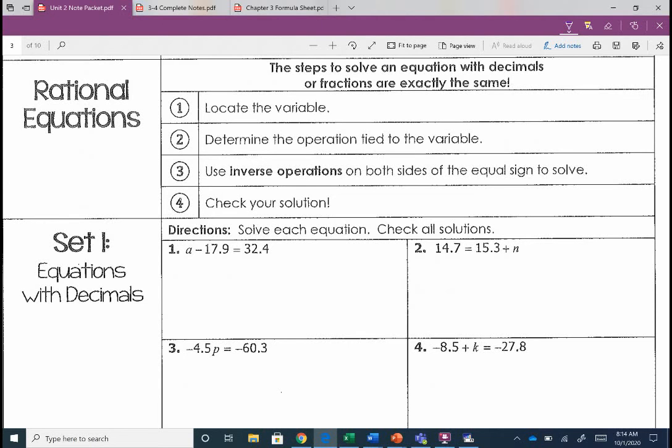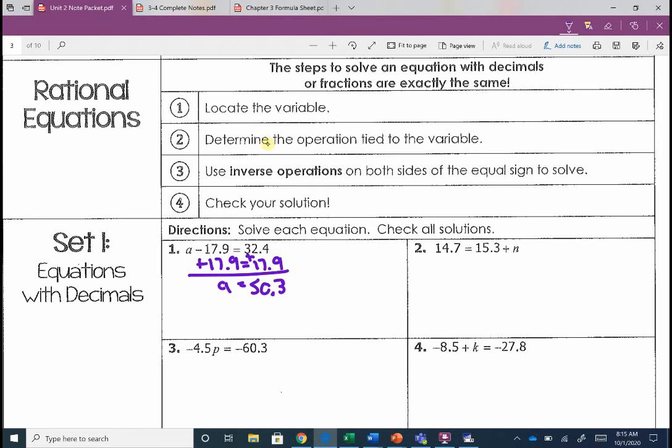So to undo subtraction, remember, I want to get the a by itself. So I'm going to add 17.9 to both sides. So the step hasn't changed. My pen is not writing. And we end up with